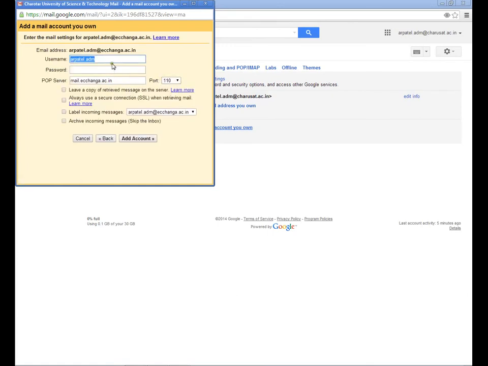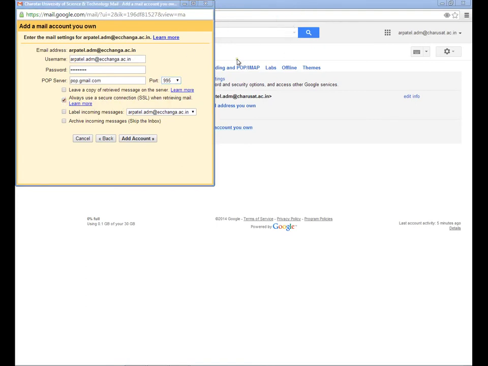Next. Now log in with the full name and password. The server is pop.gmail.com, port 995, and this setting.